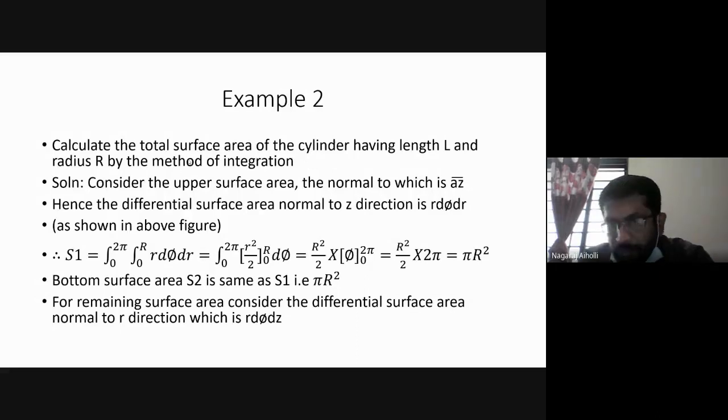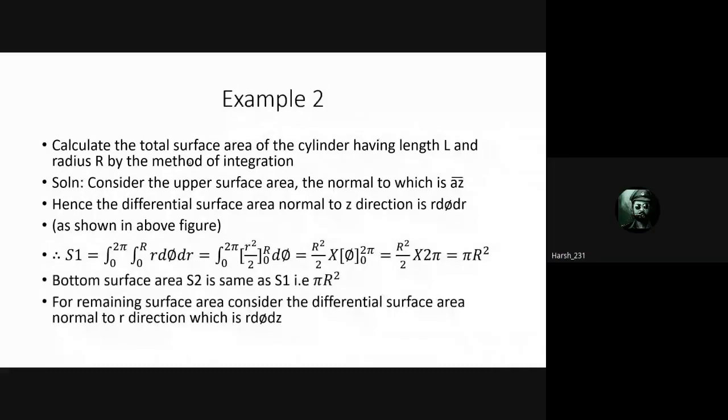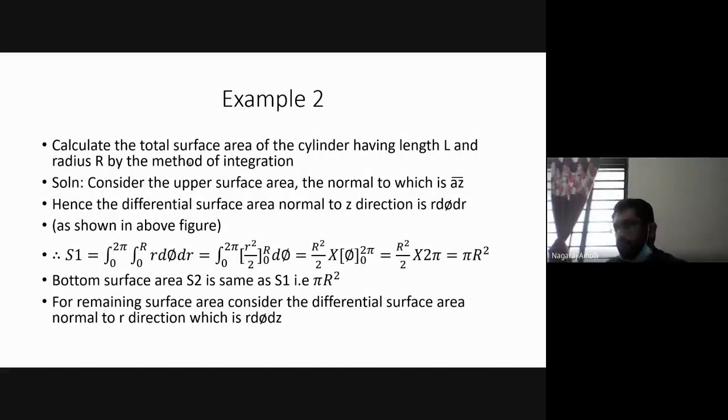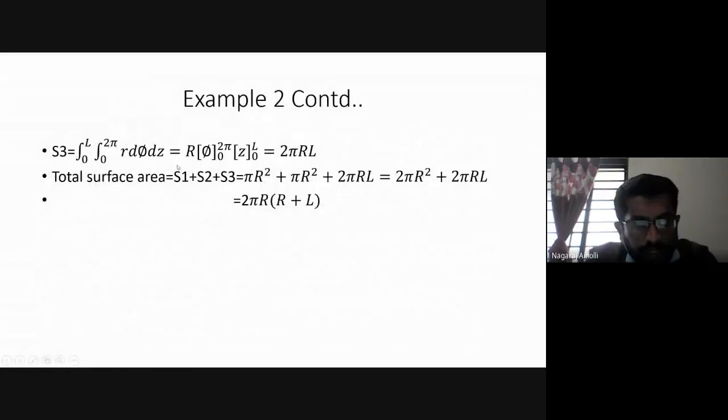What is the area, students? How much are you getting? Sir, 2 pi RL. Exactly. Very good, 2 pi capital R into capital L. How is it? Let us see quickly. We are taking R d phi dz. R is constant, take it outside. Then the integration of d phi is phi over the limit 0 to 2 pi. The integration of dz is z over the limit 0 to L. If we simplify this, 2 pi minus 0 is 2 pi, L minus 0 is L, so we get 2 pi R L.